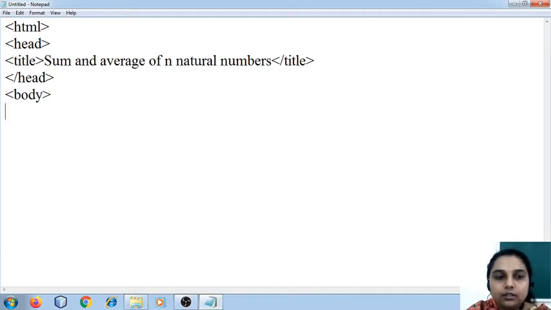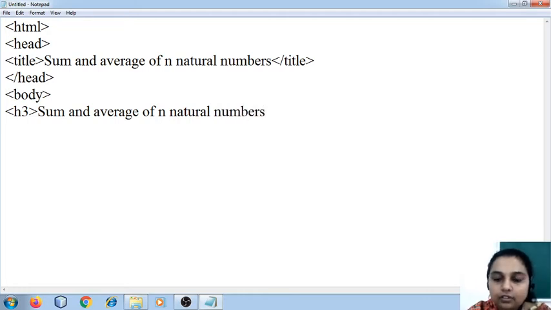Start with the body. Heading I am going to give again as sum and average of natural numbers. Close the heading tag.